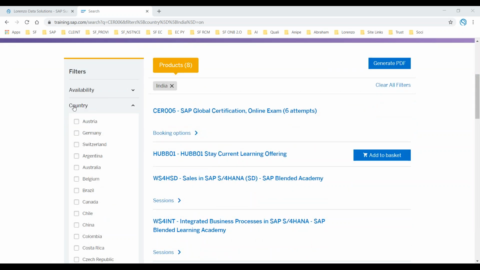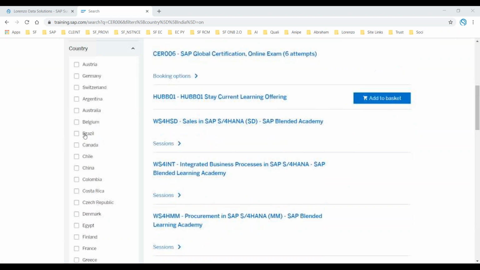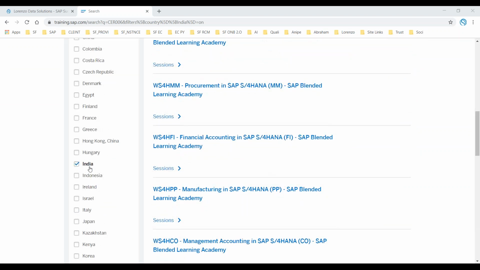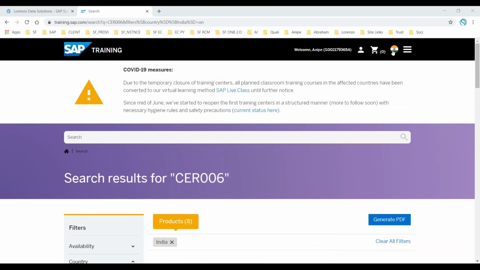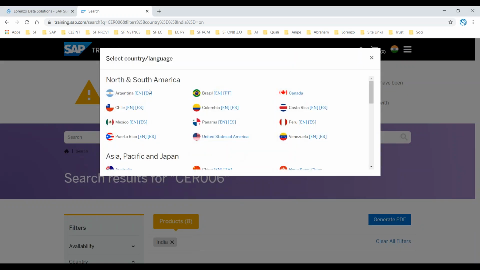Here you need to select your corresponding country. For example, if you're registering from Germany, please select Germany. I'm from India, so I select India. Initially, at the top of your profile, you've already selected the country. If you want to change it, you don't need to come here; rather, you click on this India country button, and then you can choose your corresponding country. It's actually simple. When you click on it, you can see a pop-up window with the country and language, and you select it.